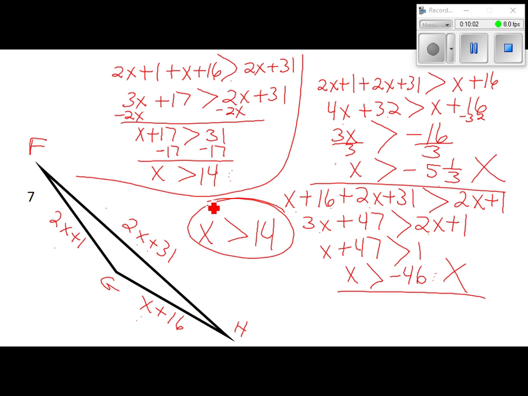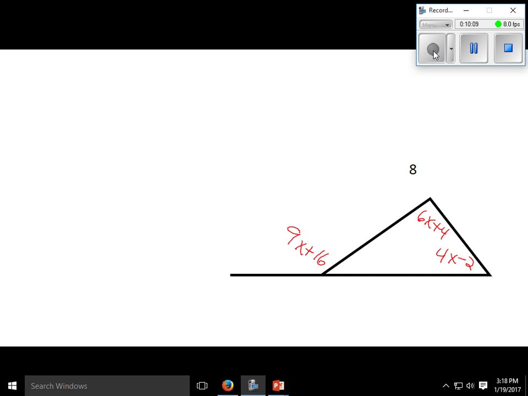We can't say any more than that about it. Sometimes you'll be able to say x has to be between two numbers, depending on the way the math works out. Problem number 8, they give us this, and they want us to